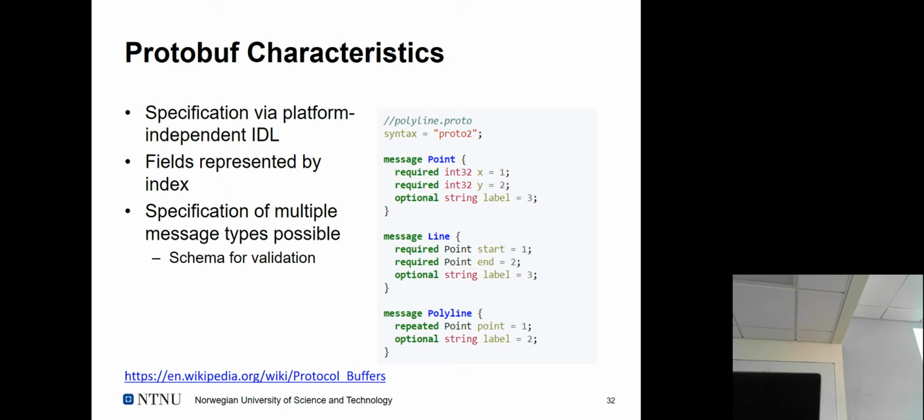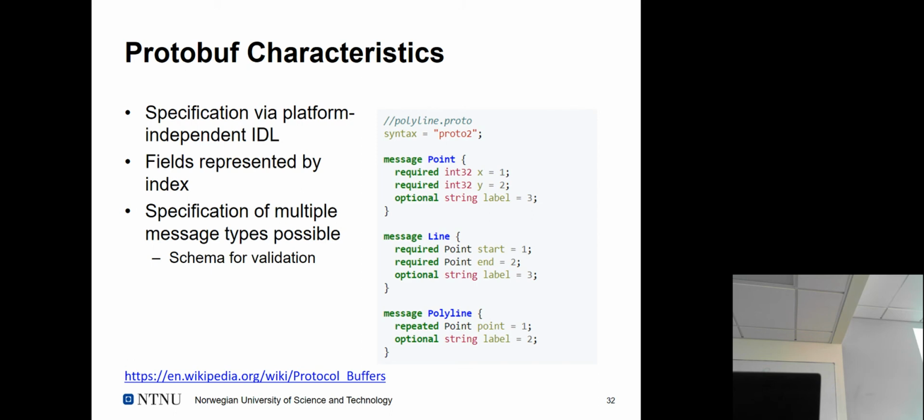And the idea is there. Well, we can have different message types. That's actually taken from Wikipedia even. It's quite straightforward. That's why it's so nice to think about it. That you represent, for example, a point. Well, guess what? A point consists of x and y coordinates, a line that has a start, end, and possibly a label. And then we see pretty much all the features that are necessary for a baseline specification.